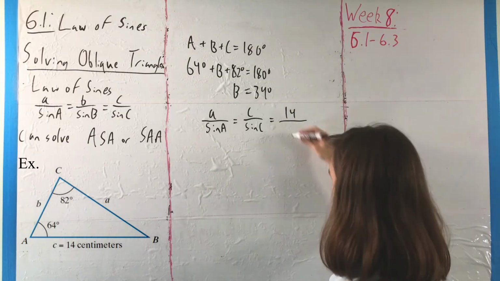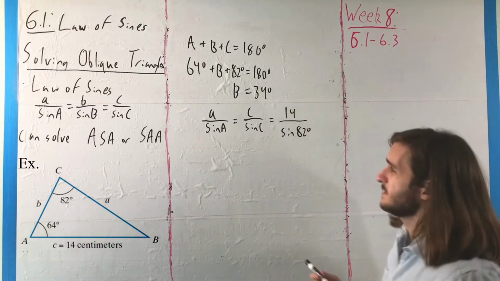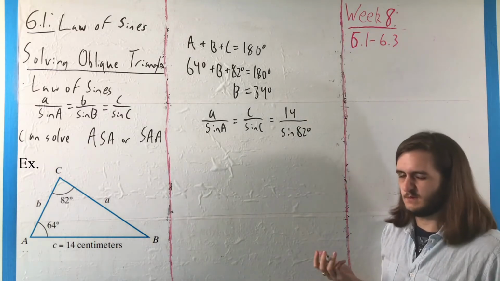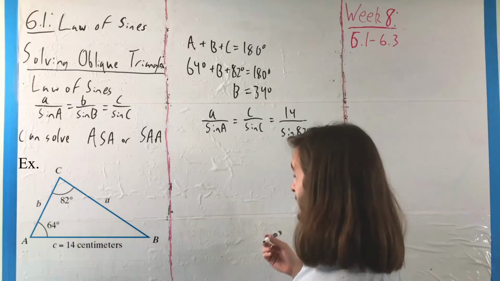And big C, the angle, is 82 degrees. Technically speaking, we actually didn't need to find B before we did this, but usually it's good to just be sure. Anyway,